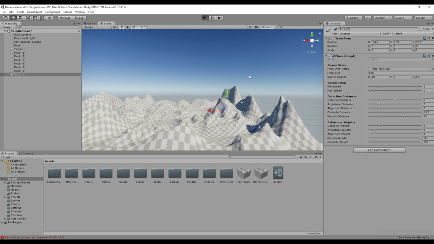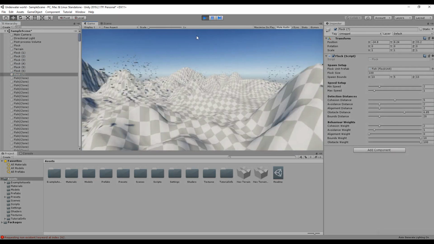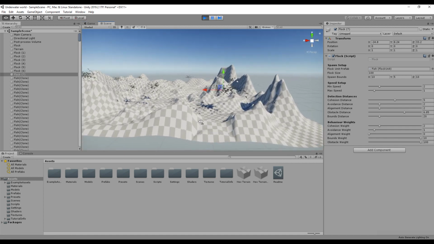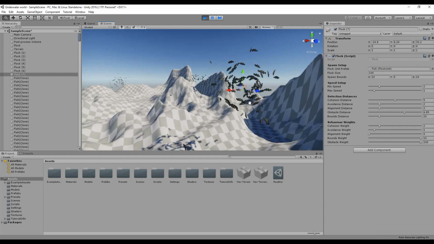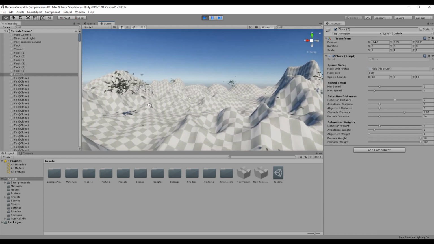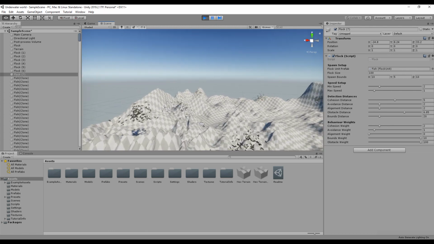Hit play and take a look. Here we go, a bunch of fish swimming around. You can change parameters on every instance of a flock and have lots of different behaviors and make the scene look more realistic. Now I think we would like to swim around with our fish, so let's add a script